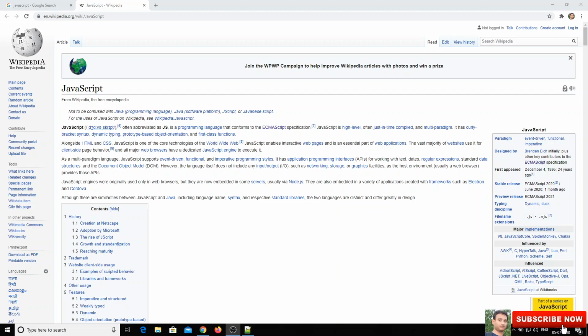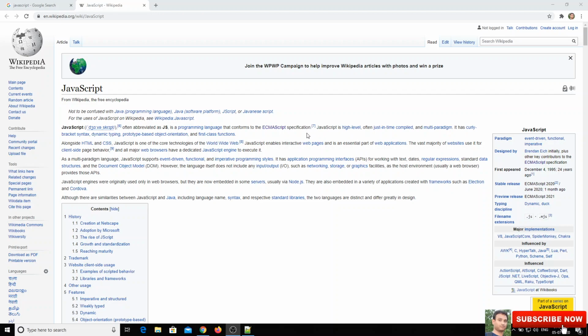What is JavaScript? JavaScript is one of the three languages used in the web browser. In order to run a website in the browser, we need three essential languages: HTML, CSS and JavaScript. HTML and CSS cover the design part, and JavaScript covers the logic part, and also any animations or dynamic structure you want to show in the website. So it will be useful.